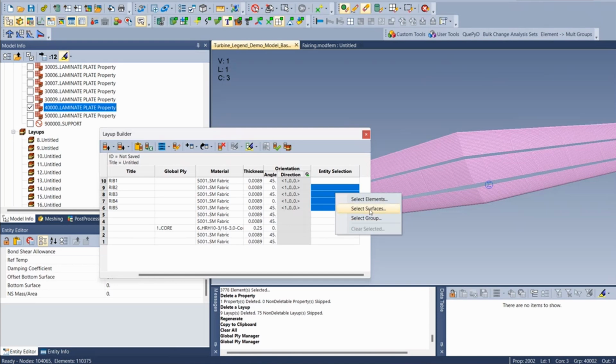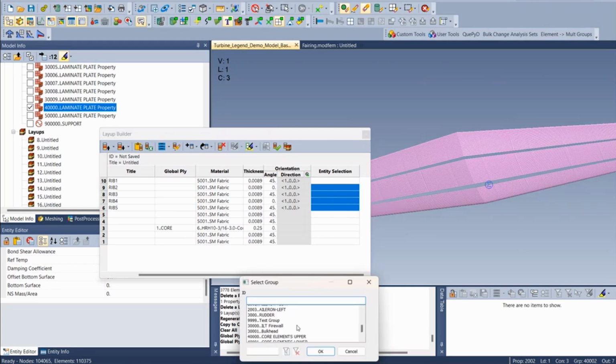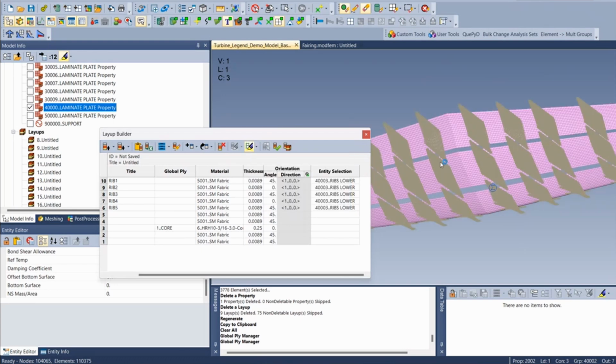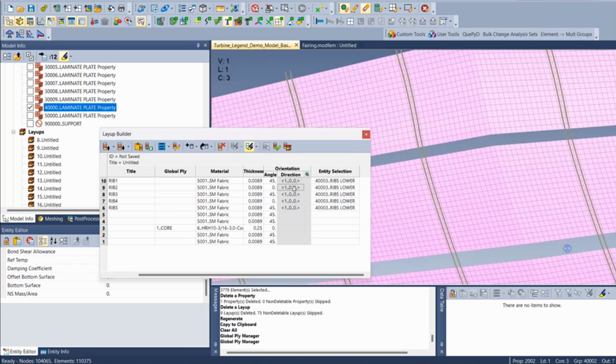If you have your geometry set, a lot of times I split up my model early on, the model core and things like that. You can select surfaces, or you can even select a group. So I have a group already for ribs lower. And if we show the ply fiber direction, you'll notice that